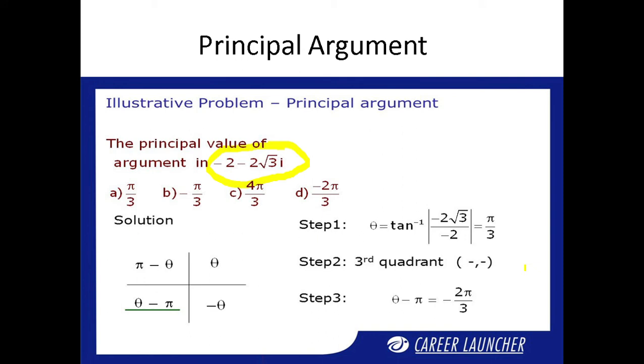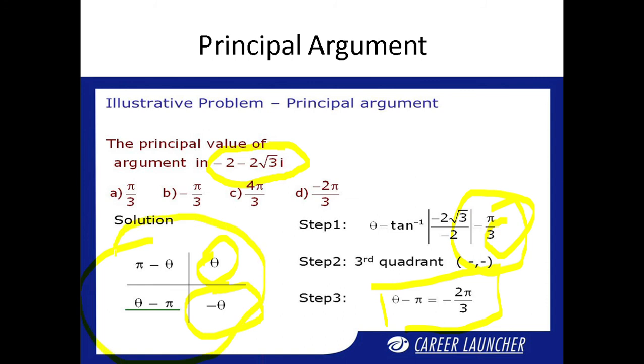Then you can also convert like this, theta minus pi. You can also check this theta, this is minus theta, there is no change. You can also change in this process. If it is in the third quadrant, meaning minus minus, then process theta minus pi. And if it is in the second quadrant, then pi minus theta. And if it is in the fourth quadrant, there is only minus. It is the most important process.